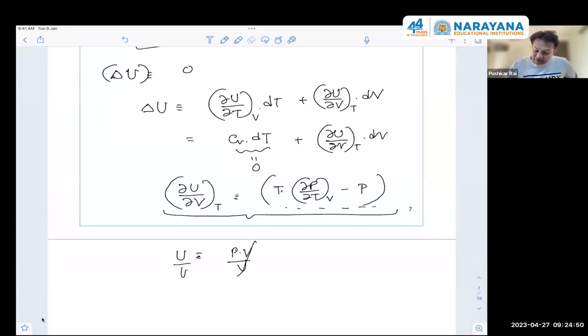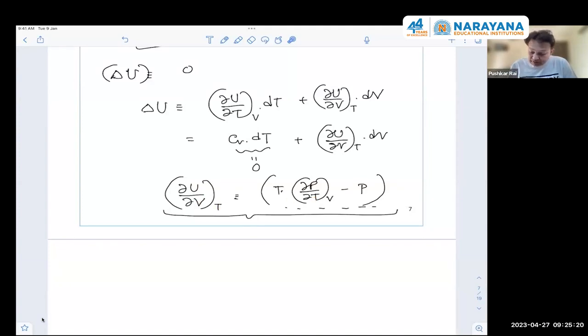Okay. So in this way, it's a very important relation in thermodynamics. We call it the thermodynamic equation of state. Why is it so important? Because you see this quantity here, it is an abstract quantity. This quantity you never know. The absolute value of this cannot be known. But thermodynamics is telling you the rate of change of this particular thing, which is so obscure, that you could not get that value, with volume at constant temperature,